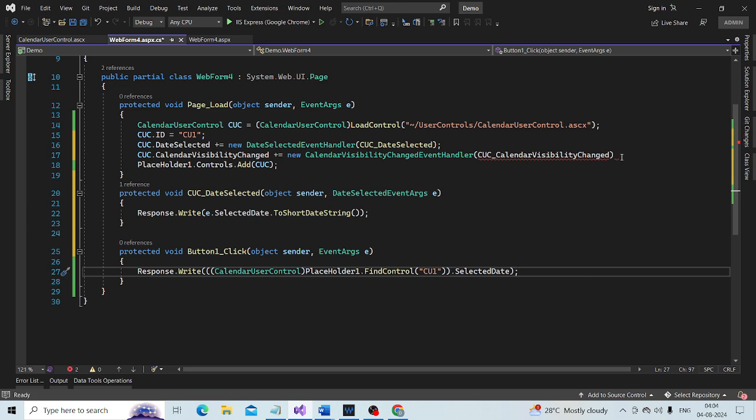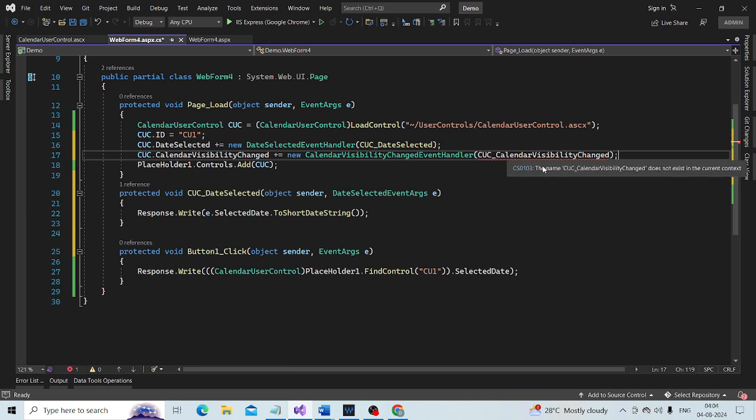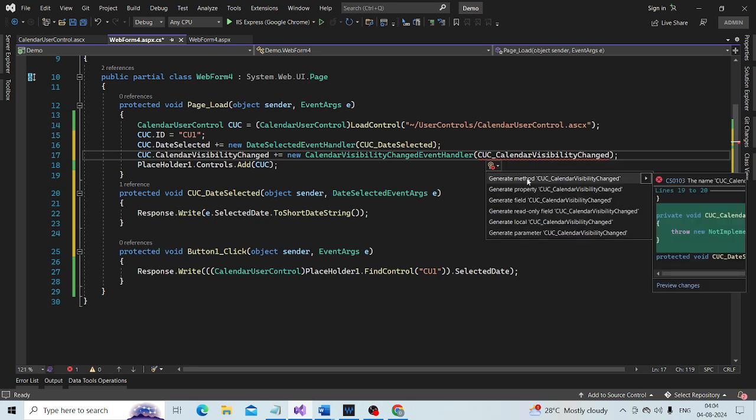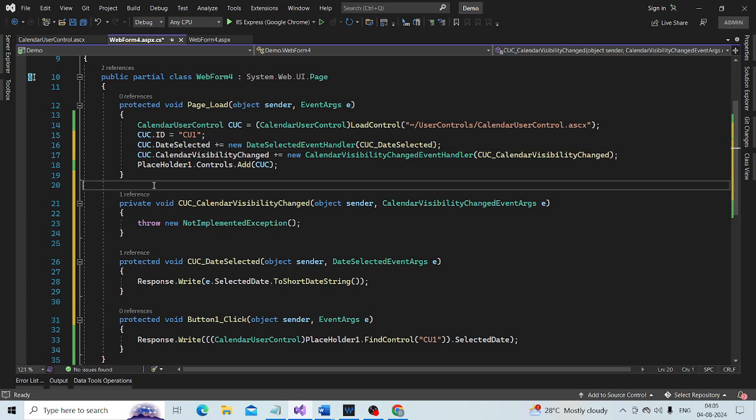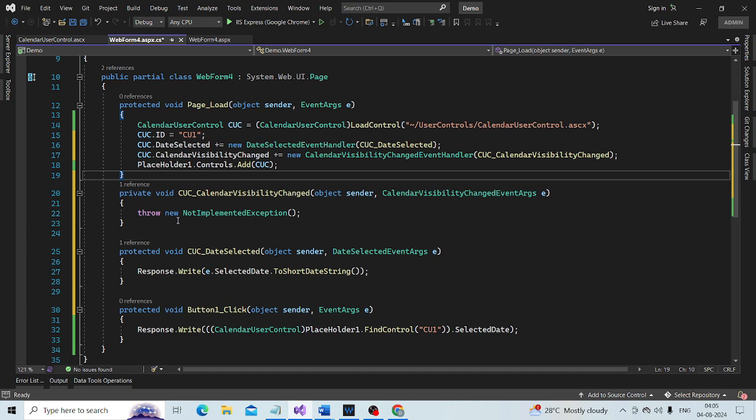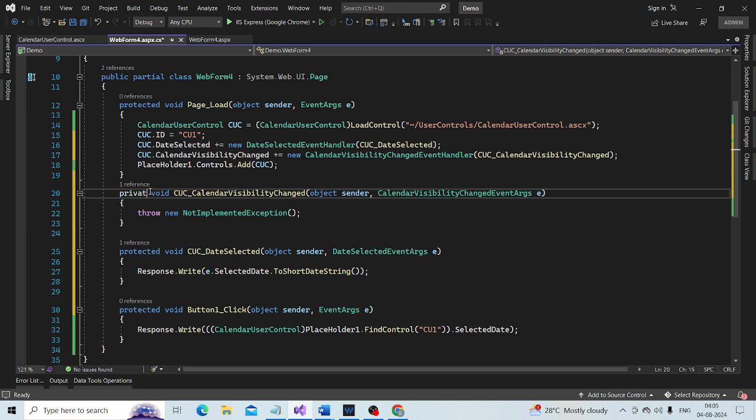And now we have to create the event handler method. And how to create the event handler method? Generate method for that. So here we got the event handler method, make it protected.